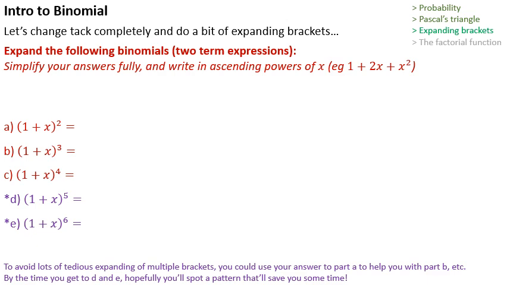Let's see what we have. For the first one, this one is just 1 plus 2x plus x squared. When we multiply out that pair of brackets, 1 plus x times 1 plus x, we get 1 times 1,